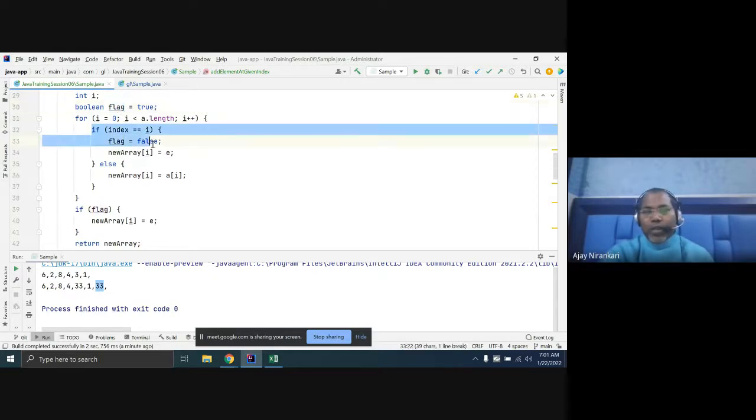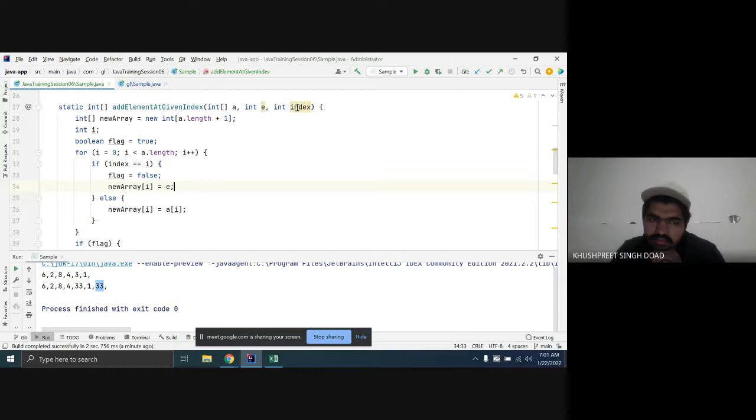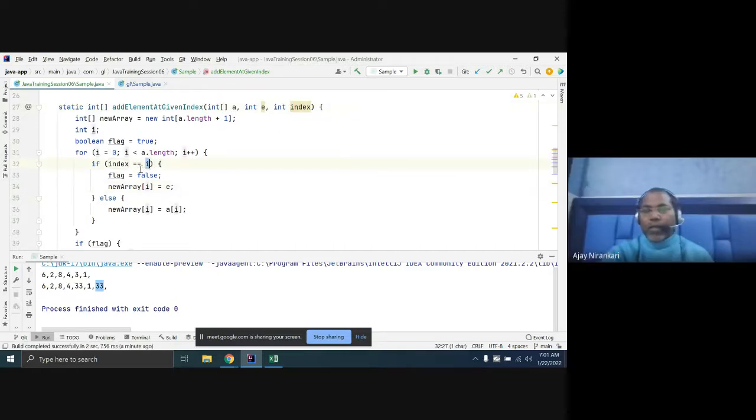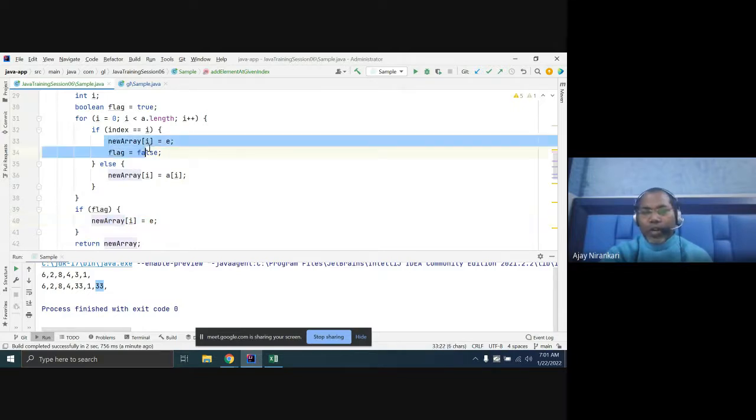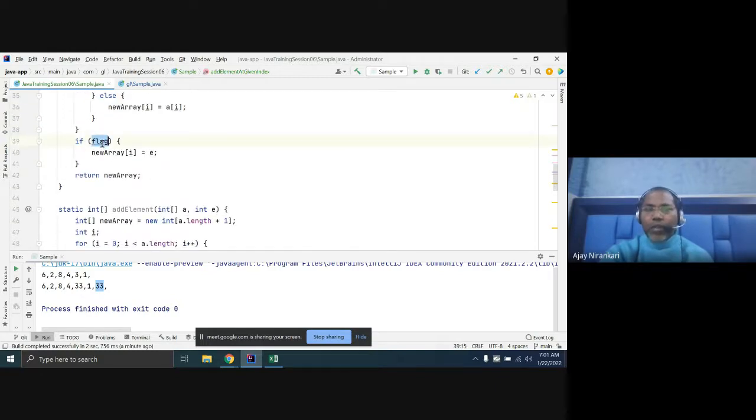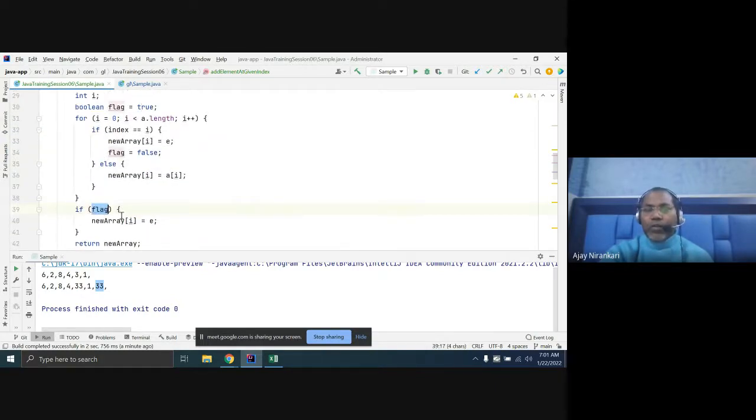If this condition is true, meaning our input index matches with this index, then I place the value and change the flag to false. False means this will be false, so it is not going to add here. If the value is not inserted, then you have to insert it, so this is by default true, and it will add here.